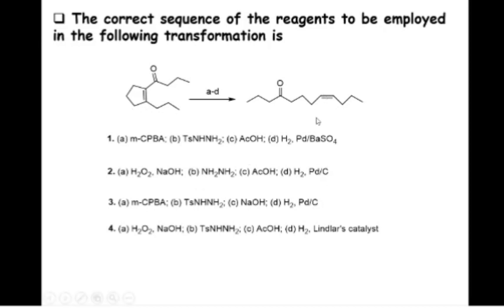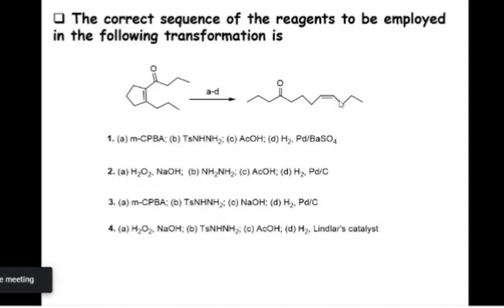Now, see, trans-olefin is there. How will I get trans-olefin? If you have studied the reduction topic very well: reduction of alkyne, if disubstituted alkyne is there, into Z-olefin and E-olefin. How will we get E-olefin, trans-olefin? Then by using that Birch reduction reaction condition, lithium, ammonia, we will get trans-olefin.